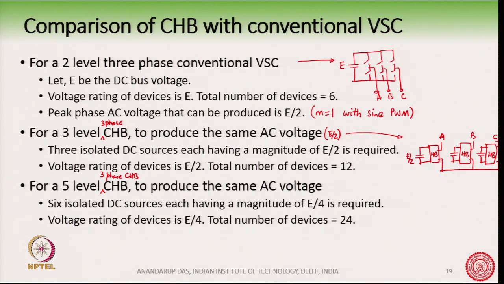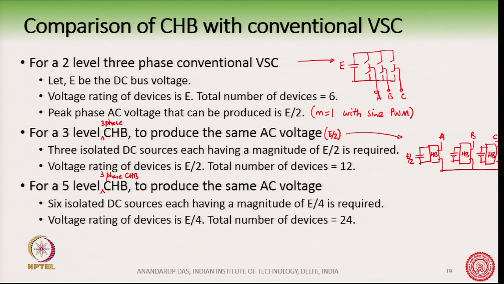Okay. So, with the same CHB, if the peak AC voltage that can be produced at A, B or C is the same in both cases, with the conventional VSC and with the 3 level 3 phase CHB, then we require the DC bus magnitude E here and the DC bus magnitude of E by 2 here. But now we require 3 isolated DC buses,